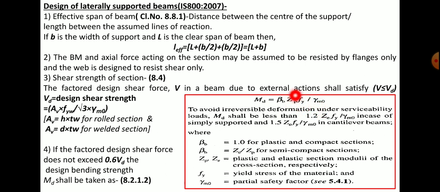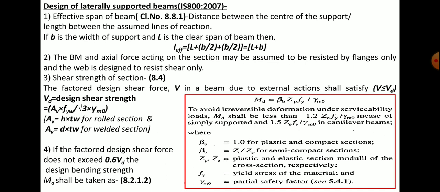Now here the plastic section modulus comes into the picture, and you need to understand that. Section modulus is given by moment of inertia divided by y distance, which is the extreme fiber distance. So that is nothing but your section modulus. But in case of plastic sections, we are getting higher strength or a larger section modulus, and therefore the elastic section modulus is multiplied with the shape factor in order to get the plastic section modulus.